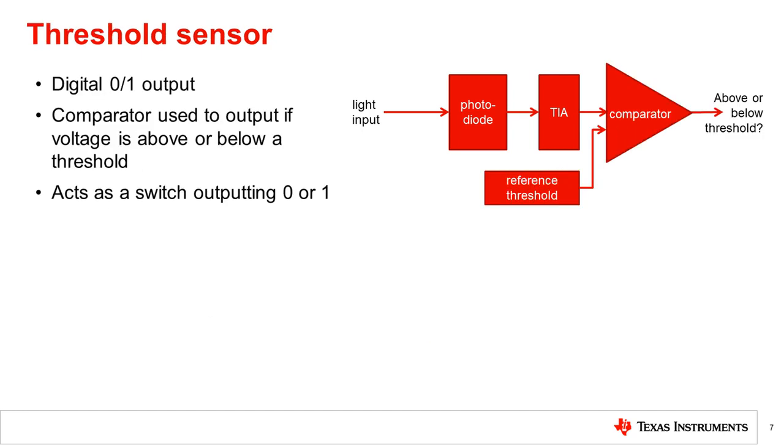If the application only requires an indication of whether the light intensity is above or below a certain threshold, a threshold sensor may be used. Threshold sensors use a comparator to compare the light on the photodiode against a reference threshold and simply output 0 or 1 to indicate brightness above or below the reference threshold. This sensor acts like an on-off switch, activating a response when the light level is above or below the threshold, such as switching on night vision or raising an alarm. The threshold is often set using external components.